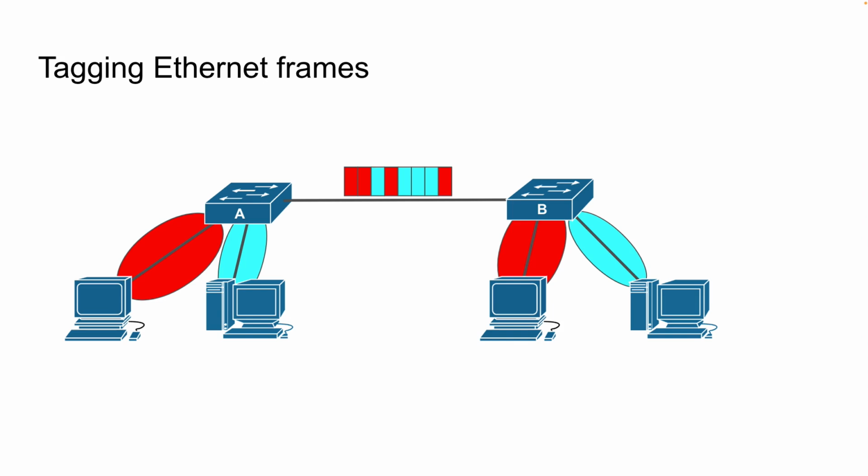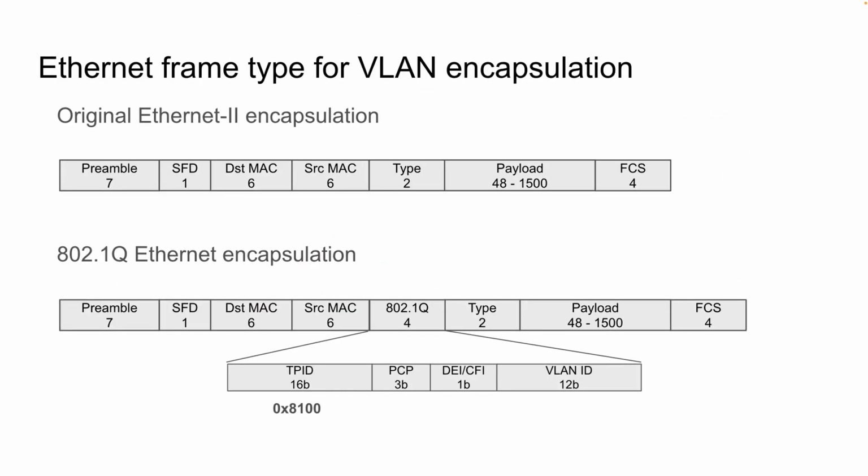So the red broadcast domain contains Macintosh and hosts, and the light blue broadcast domain contains the workstations. So in order to preserve identification of the initial broadcast domain from which the frame was sourced, there must be some way to carry this identification alongside each Ethernet frame. For this purpose, we have